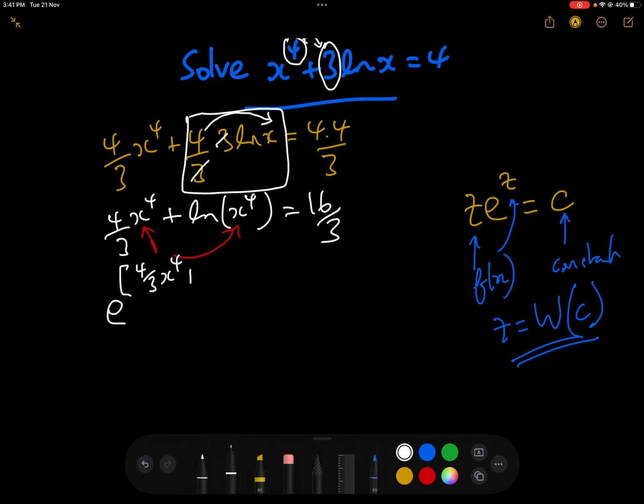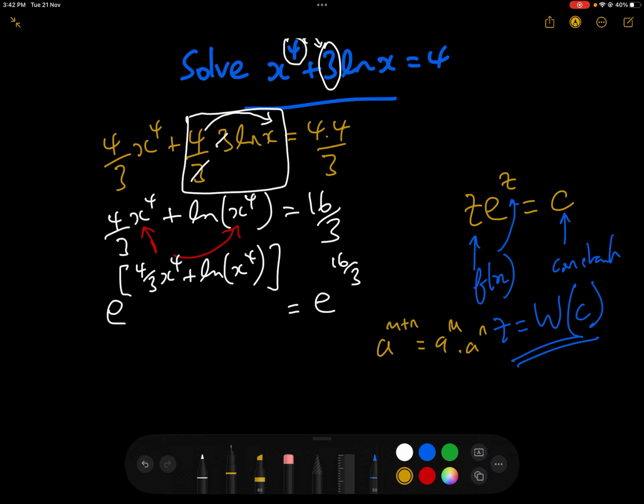So we're going to have e to the power of, let's put it all in brackets, 4 over 3 x to the 4 add log of x to the 4 equals e to the power of 16 over 3. So we've raised everything on the left-hand side to the power of e, and we've raised everything on the right-hand side to the power of e. Okay, using the basic indice laws, a to the m plus n